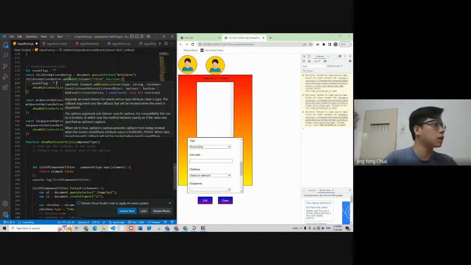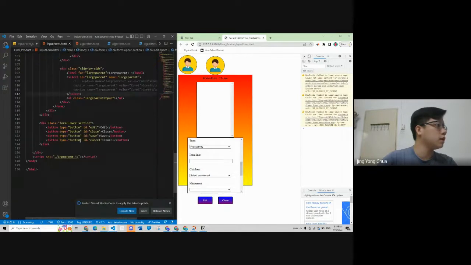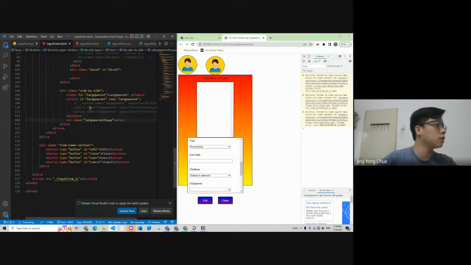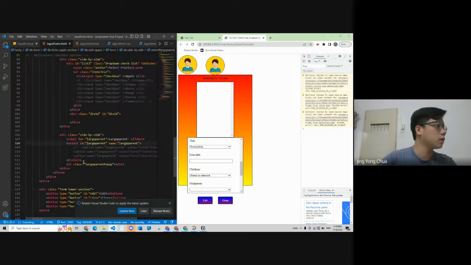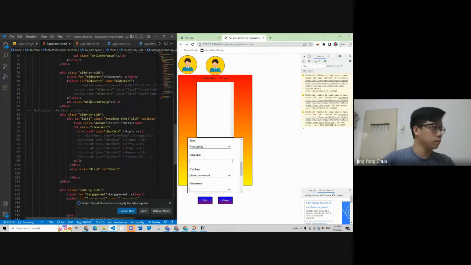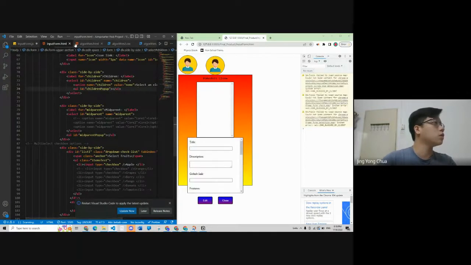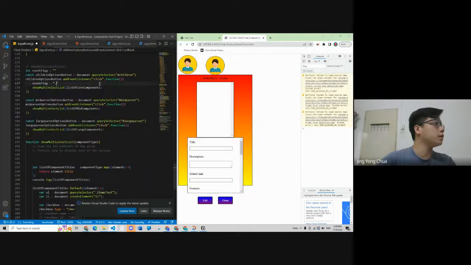Event flag is equals to this is a class. I think let's make it as ID instead. ID is more important. Okay, so this one over here, this one over here, and this one over here. Oh, this should be IDs. Okay. So once the ID is ready, let's make them